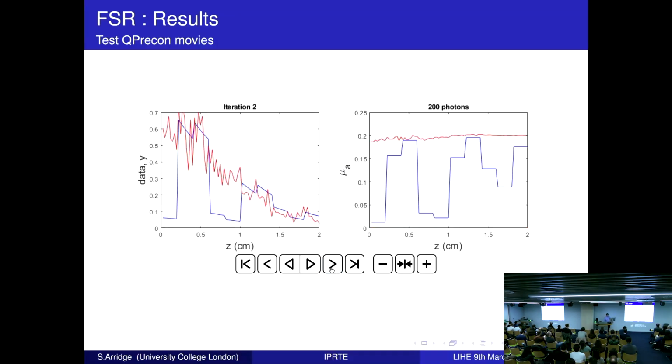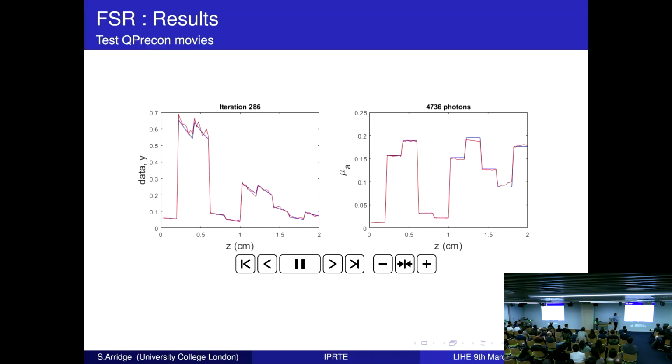So we start with very few photons, 200. We don't get a very good solution, and then as we iterate through, there, it jumped. It decided to put more photons in, and if I now run it as a movie, it iterates through, and then at some point, if you look at the title at the top right, it will jump up. It decides that it's getting closer to convergence. It wants to increase the sample size, so increase the number of photons. And so on, and it goes through to